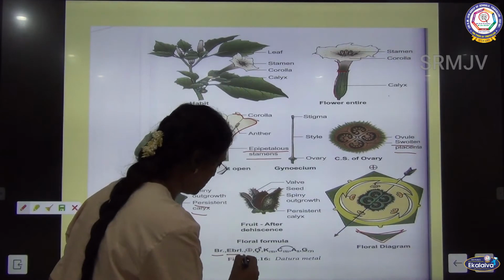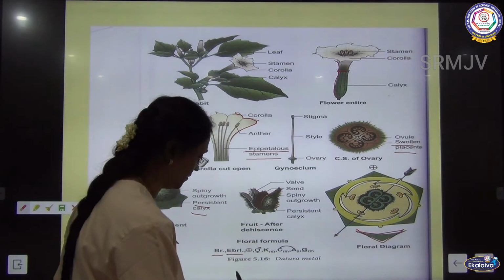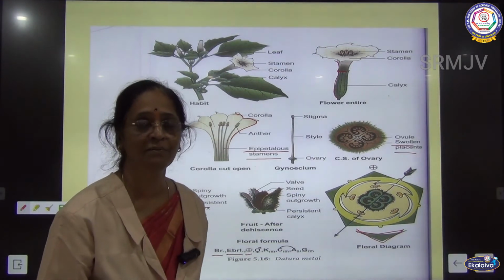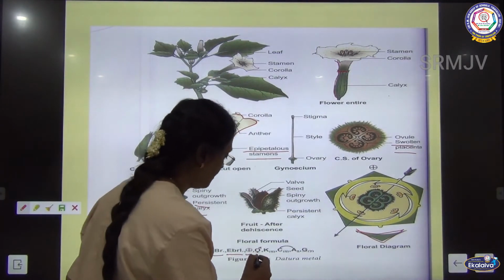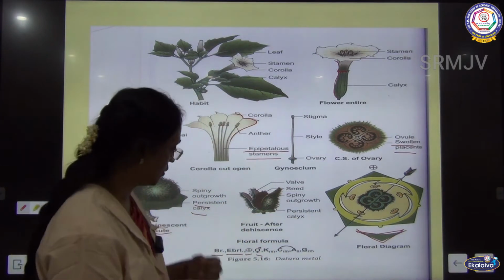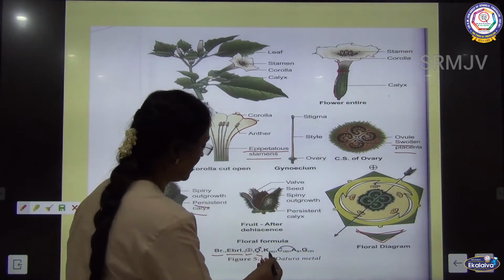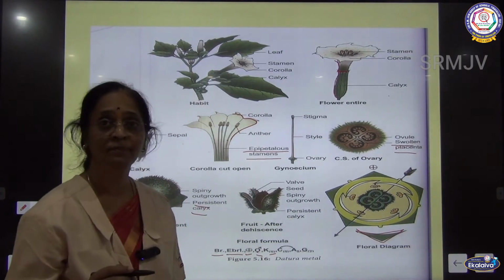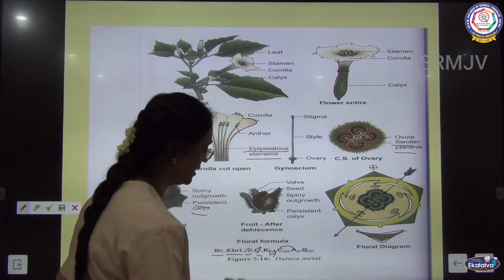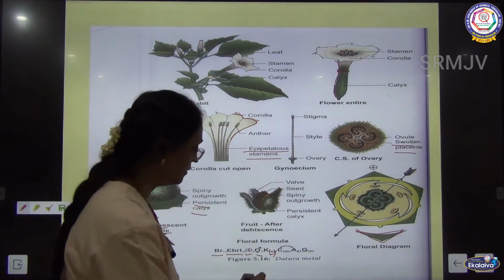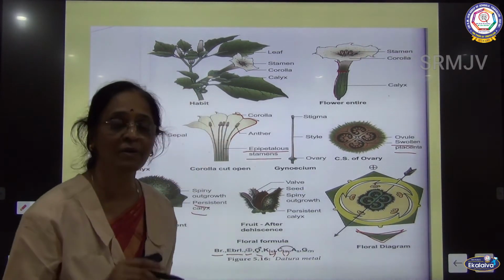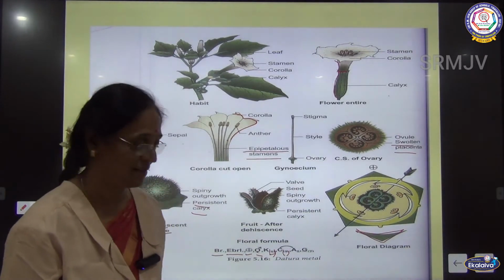So, you are going to represent with EBRL, ebracteolate, and this symbol is actinomorphic. You can cut the flower into 2 equal halves, in more than 1 plane, and this is bisexual. You find both androecium and gynoecium. So, it is a bisexual flower. And when it comes to calyx, calyx is 5, gamosepalous. So, you have drawn inside the bracket here, gamosepalous. Corolla 5, and that also fused. So, you have put inside the bracket gamopetalous.